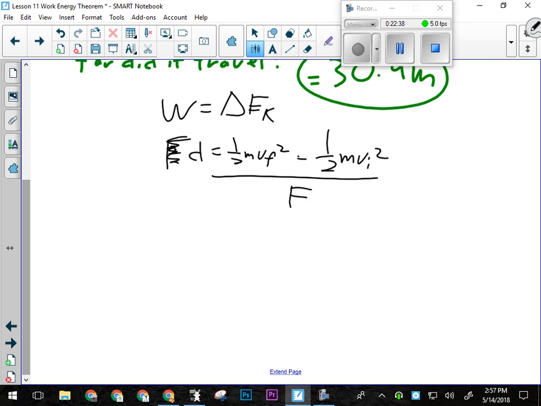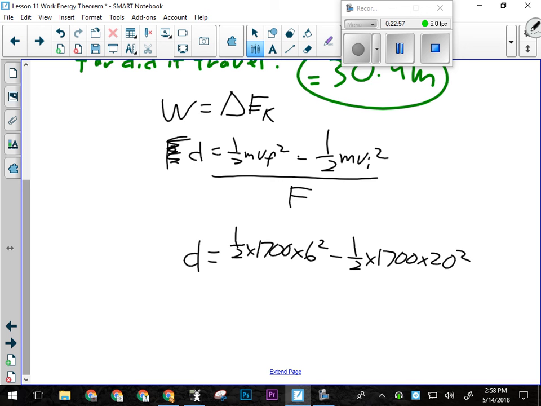All right, now I can plug in my numbers. So d is going to equal 1/2 times 1,700 kilograms, the mass of the car, times 6 squared, minus 1/2 times 1,700 times 20 squared. All right, that'll get us our change in energy. And it's going to be